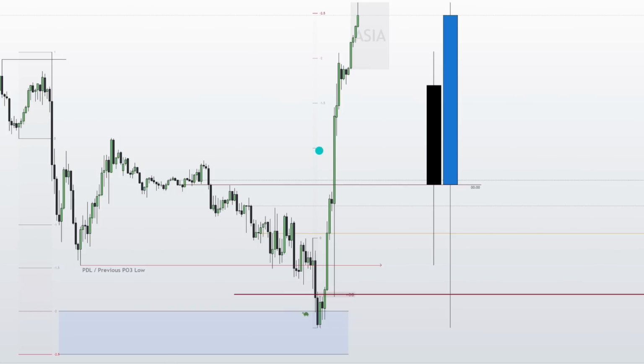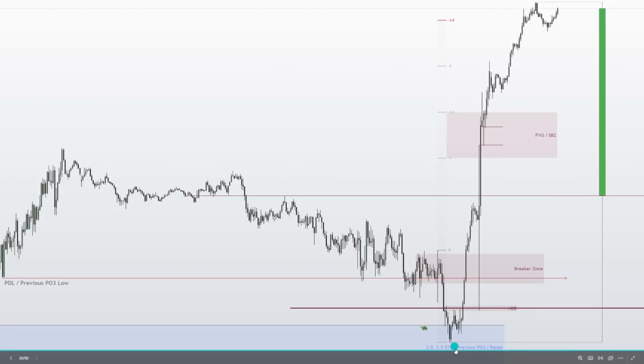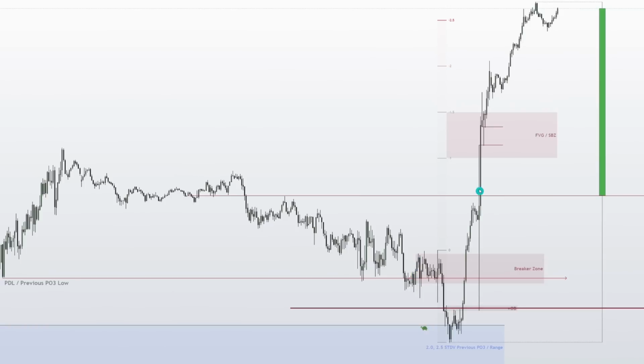5 minutes. Your attention is here in the 1 deviations and the 1.5 deviations. Look, this is 5 minutes. The turtle soup here, the order block, breaker zone here in this area, and the 1 deviations and the 1.5 deviations. You can find the fair value gap, silver bullet zone, and continue to the 2 deviations and the 2.5 deviations. So when you understand these dynamics, these power of threes, you can find different opportunities in the same candle,